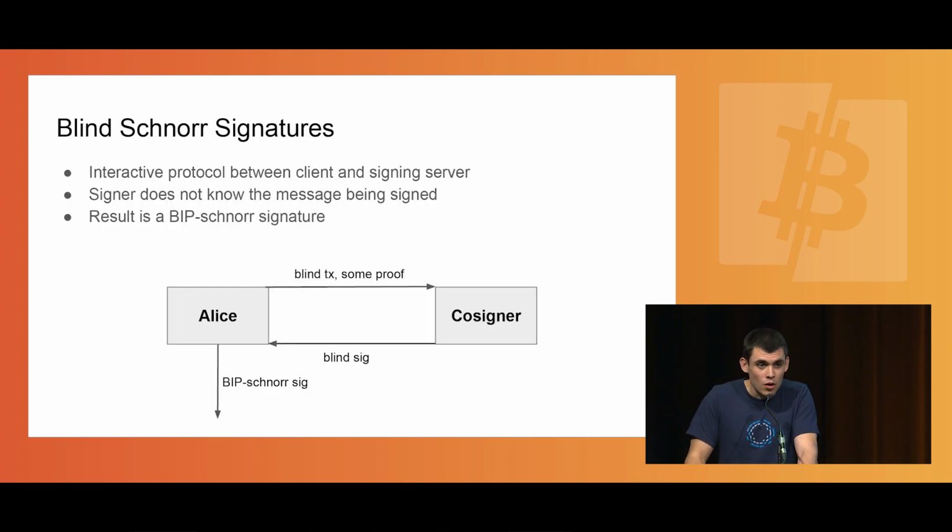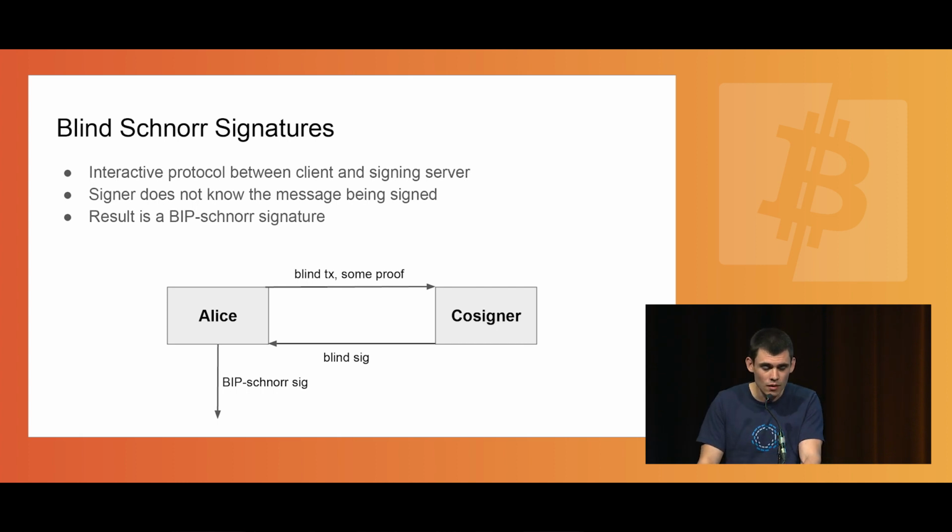So another thing I wanted to talk about is blind Schnorr signatures. This would also be enabled by BIP Taproot, because BIP Taproot supports Schnorr signatures. So blind Schnorr signatures are an interactive protocol between a client and a signing server, and the main idea is that the signer does not know the message being signed, but the result in the end is a BIP Schnorr